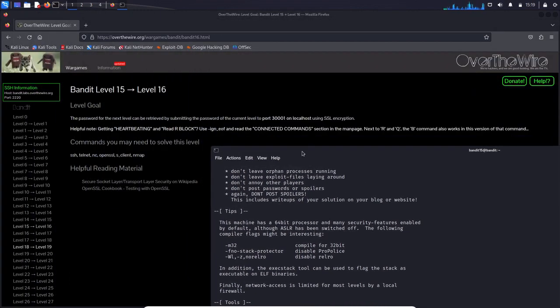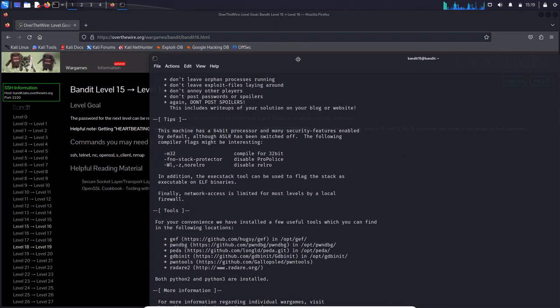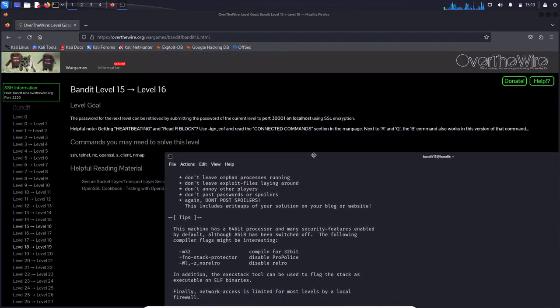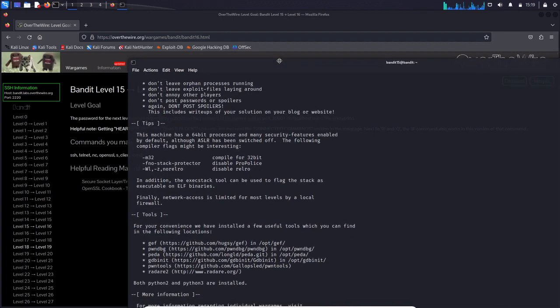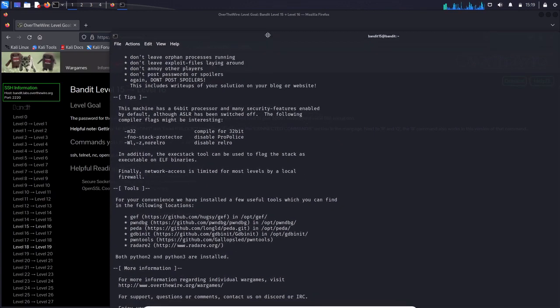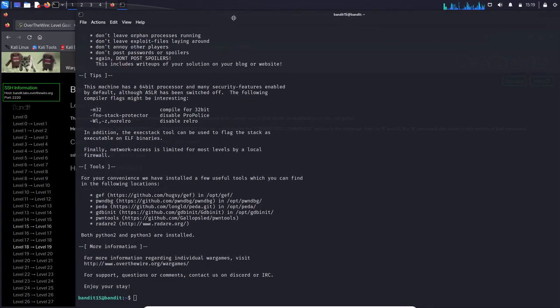And for Bandit 15, it says the password for the next level can be retrieved by submitting the password of the current level to port 30001 on localhost using SSL encryption. Okay, so for this one, we basically have to submit the password of the current level to port 30001 on localhost using SSL encryption. So if you remember in Bandit level 14, we did the same thing except we didn't